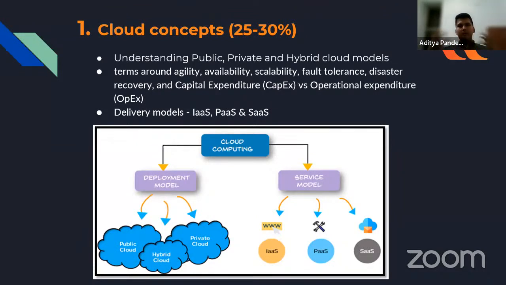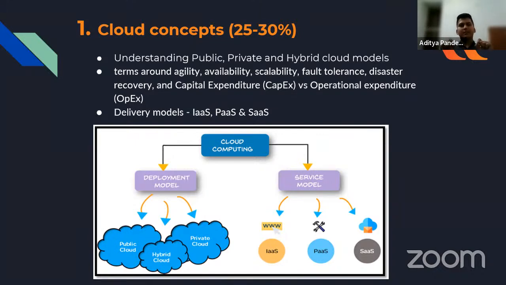You will be learning the terms around agility, availability, reliability, scalability, fault tolerance, disaster recovery, CAPEX and OPEX. And you will also be learning about the delivery models. Delivery models are a very fundamental concept of any cloud platform, any cloud service provider, right? Be it any cloud service provider, first you have to understand the delivery model.